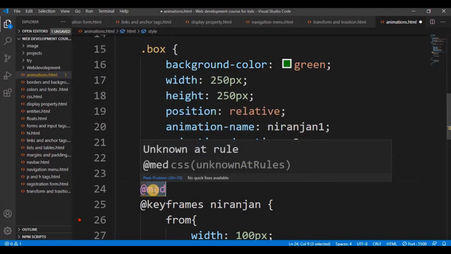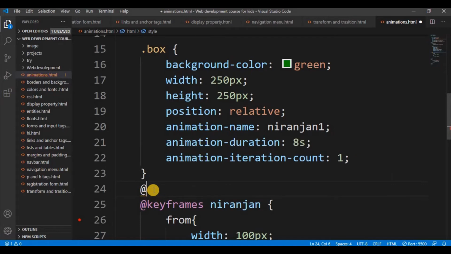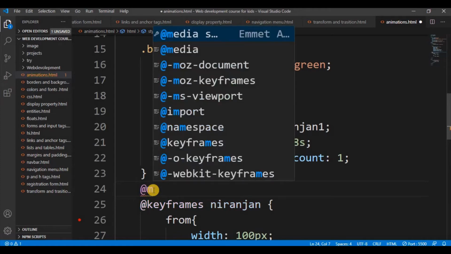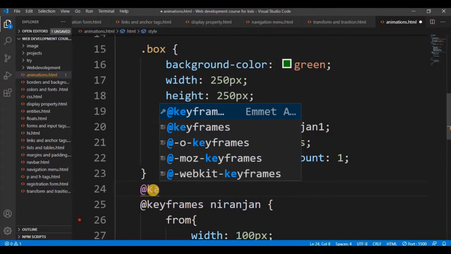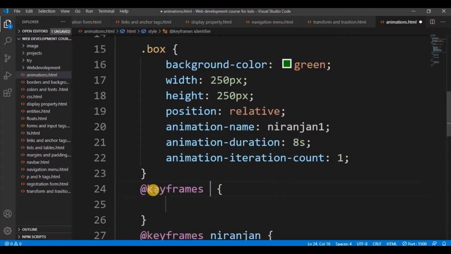Why am I using media? Even media is also a tag. Like keyframes, also media you can put. You should type media. Media is used when you want to make a website responsive. Keyframes. So what had happened? I'll make Niranjan 2. It's my name, Niranjan 2, and I will make